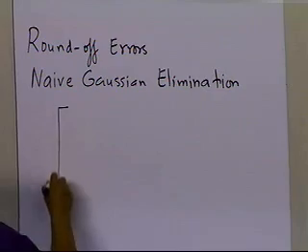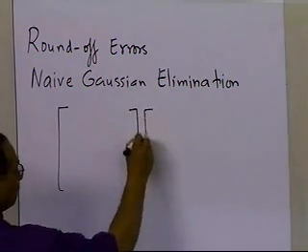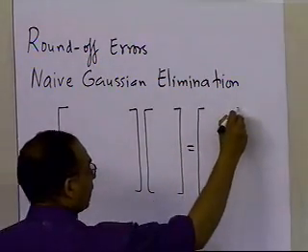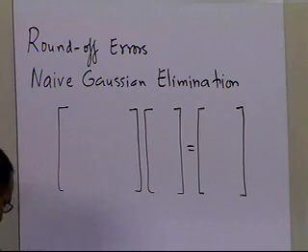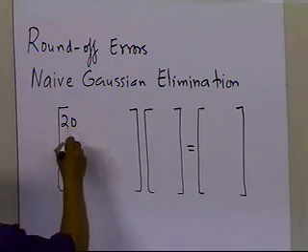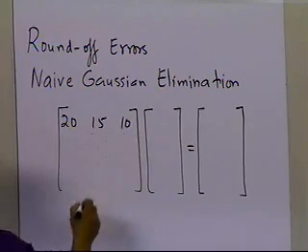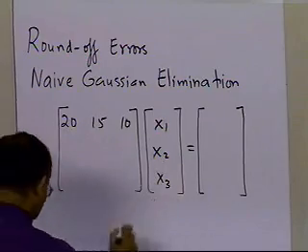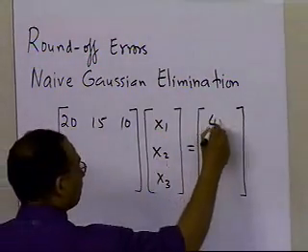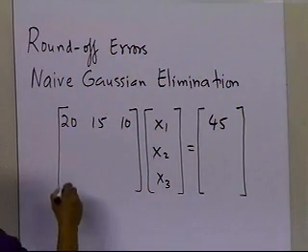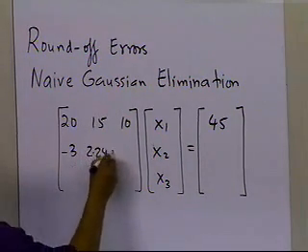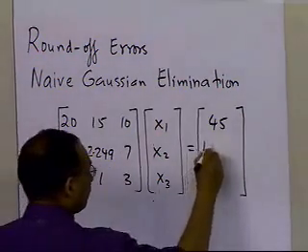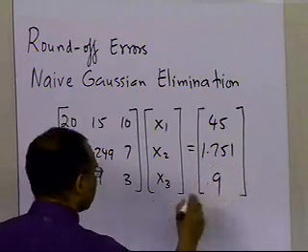So let's suppose somebody gives you a set of equations like this one, and in this particular example, you need to watch very carefully what I'm trying to do, because we cannot just use our calculator directly to populate through the procedure. What I mean is that you have to do each individual calculation and then reduce it to a certain number of significant digits, and I'll point that out in a little bit. -3, 2.249, 7 here, 5, 1, 3 here, 1.751 here, and 9 here.